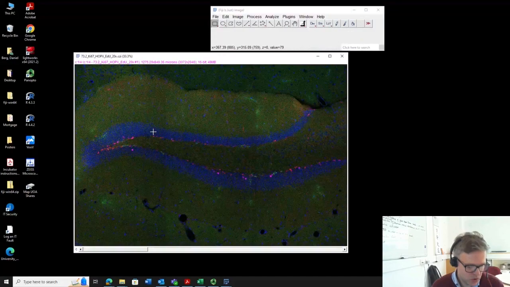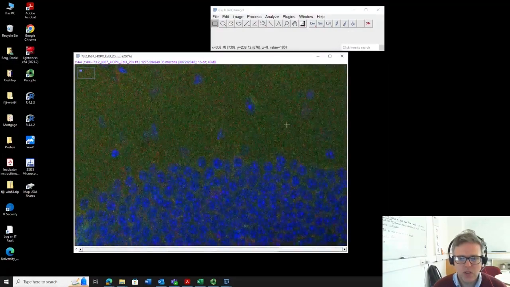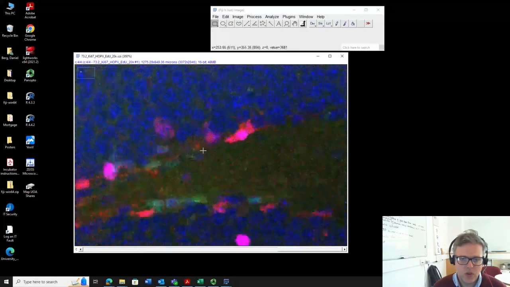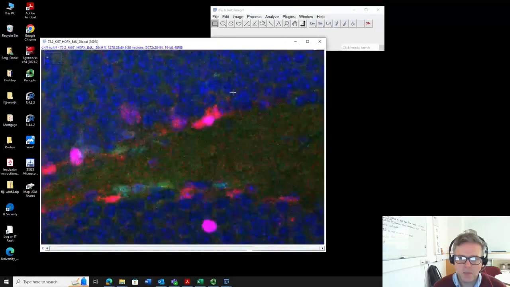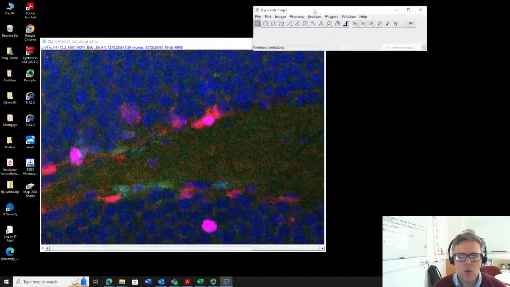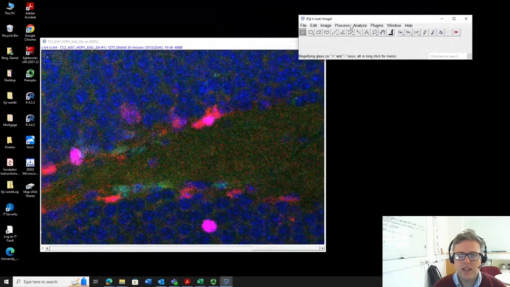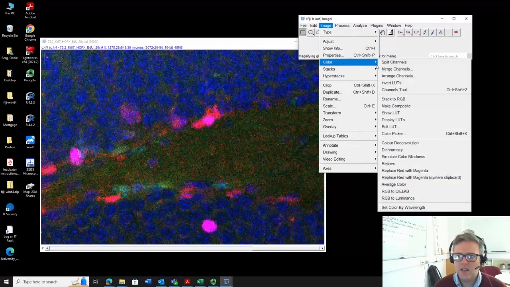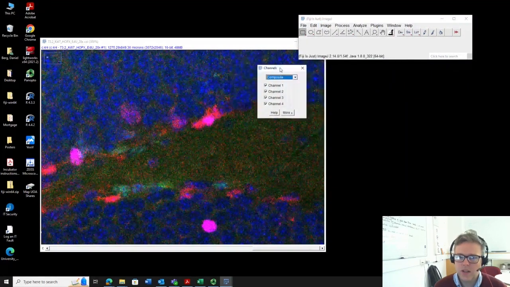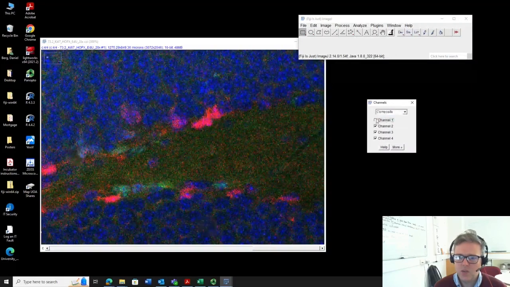You can now zoom in by pressing Control and scrolling on your mouse. But that's the problem. As you can see, we're seeing all the images, all the colors at the same time. So what we need to do is open the color channel tool. And if we open the channel tool, we can turn off the blue, which in this case is